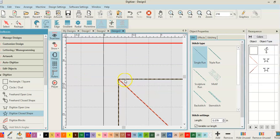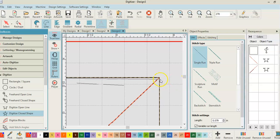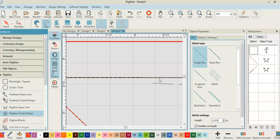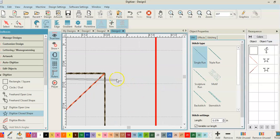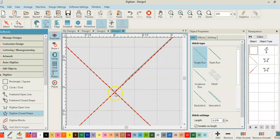And I'm not going to start right on the edge. I'm going to click here to here. I'm going to hold control. Make sure I'm right on that corner, and it's important that you are. Now I can't hold control